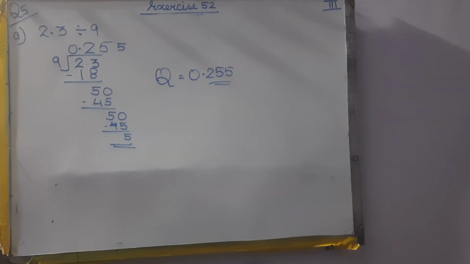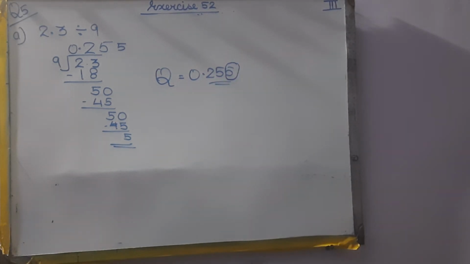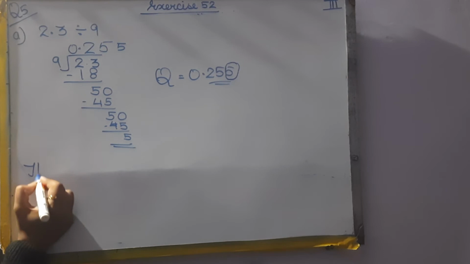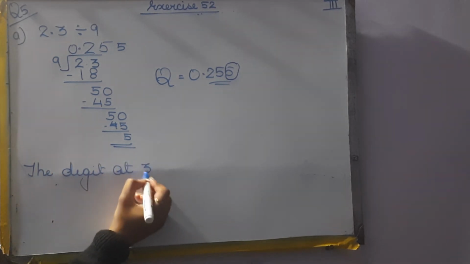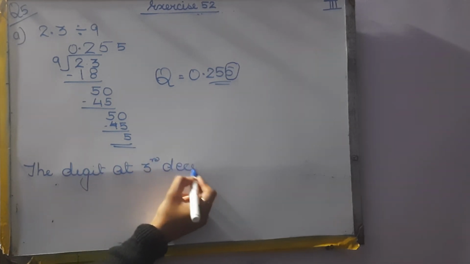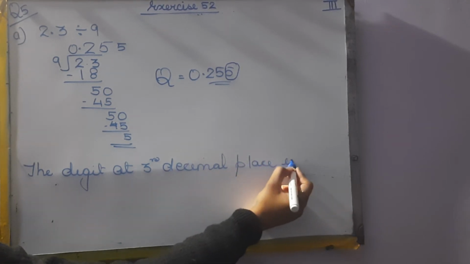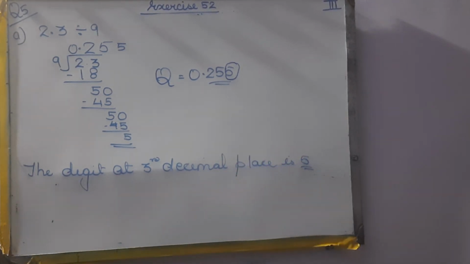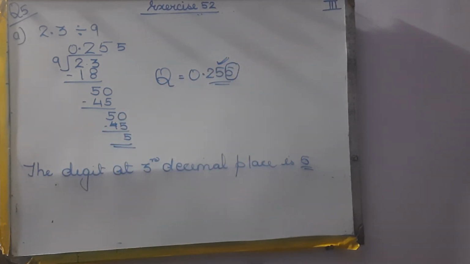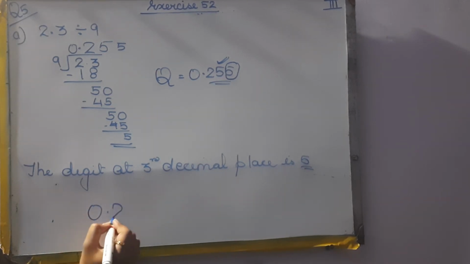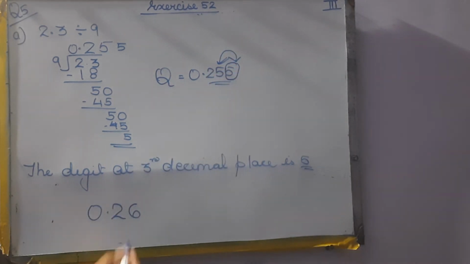So the third decimal place, the third number after the decimal point, is 5, which is equal to 5. So we will increase the digit at the second decimal place by 1. So it will be 0.26, and replace the numbers after that digit by 0.